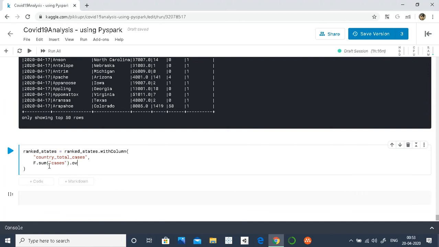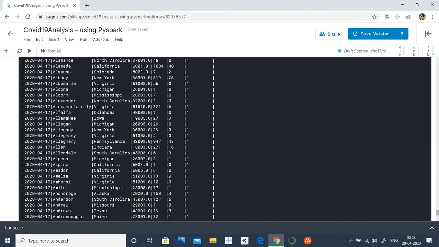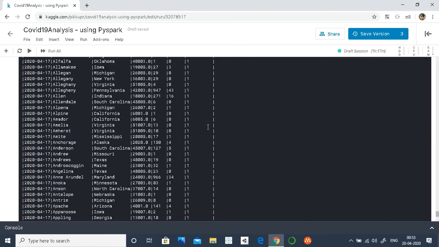Then again over we will mention the window condition, and now we are going to partition on our county, because we want to get the total number of cases for each county here, right?